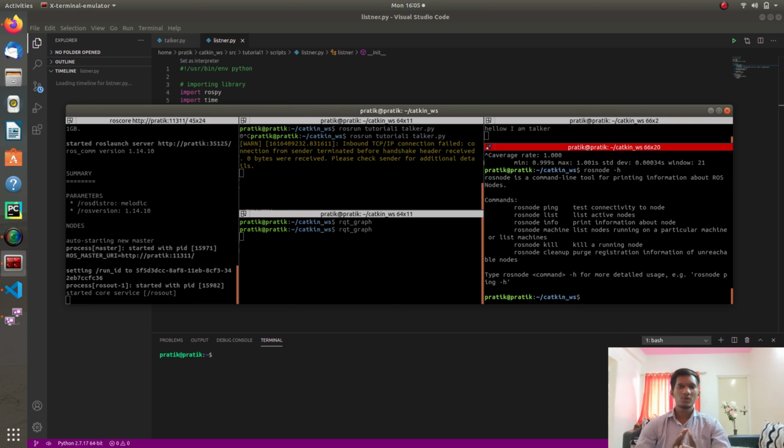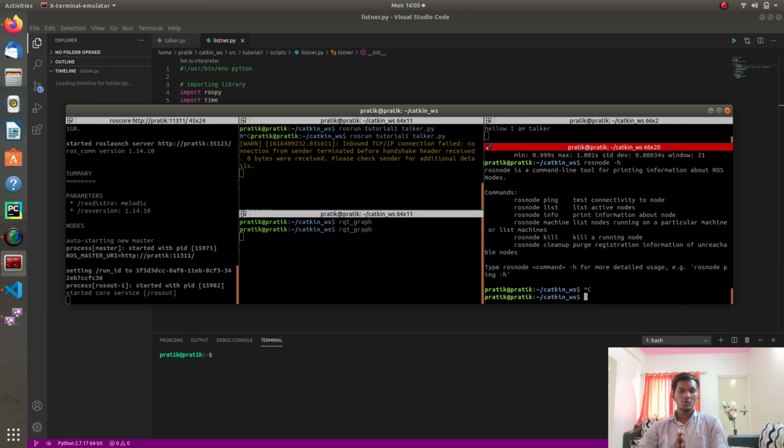Sometimes what happens is that you close the terminal without stopping the node, but in the background the node keeps running as long as your ROS master is running. To clear the logs of that particular node, you have to stop it using Control C. When you do Control C, the node will be completely stopped and unregistered from the ROS master.